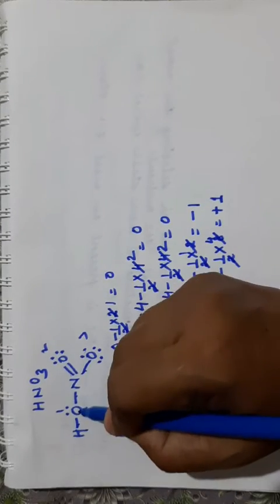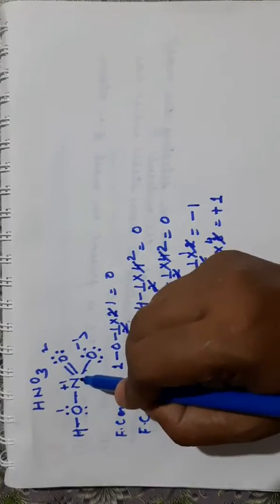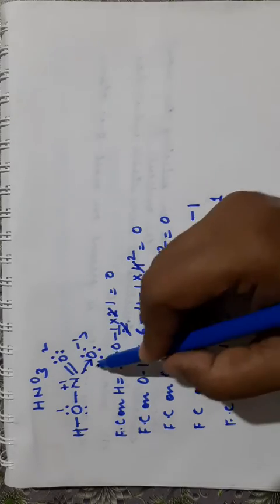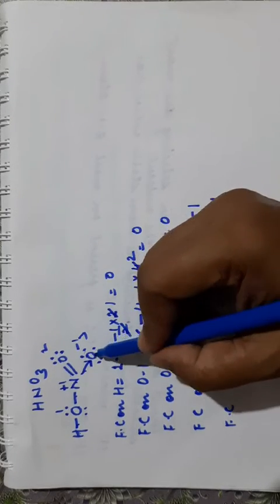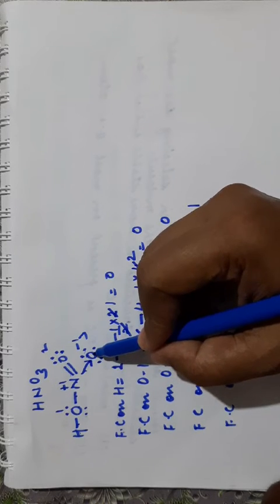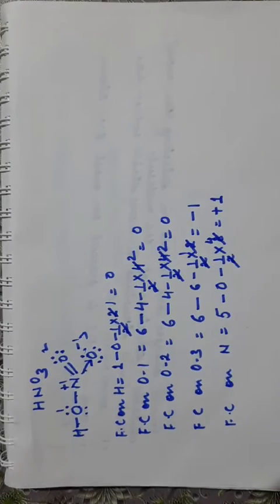So the charge on hydrogen, this oxygen and this oxygen is 0. There is +1 charge here, -1 charge here. It means there is a coordinate bond from nitrogen towards oxygen. So the actual structure is this, but at that time the coordinate bond was not discovered. So he assigned some charges to explain his structure. Explain करने के लिए क्यों? ऑक्सीजन के पास 6 इलेक्ट्रॉन्स होते हैं, बट यहाँ पे कितने शो कर रखे हैं? 7. So he was asked how oxygen has 7 electrons in this structure, so he gave certain charges to the atoms to explain his structure.